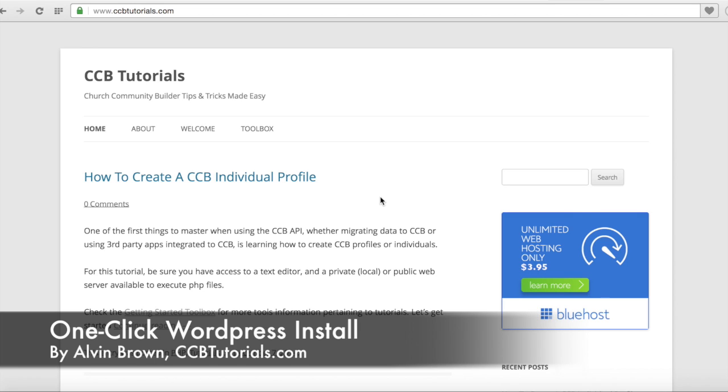I'm going to show you how to go about buying your unlimited web hosting here from Bluehost. So there at ccbtutorials.com, in our right hand sidebar you'll find a Bluehost image there that has a learn more green button. If you go ahead and click that button,